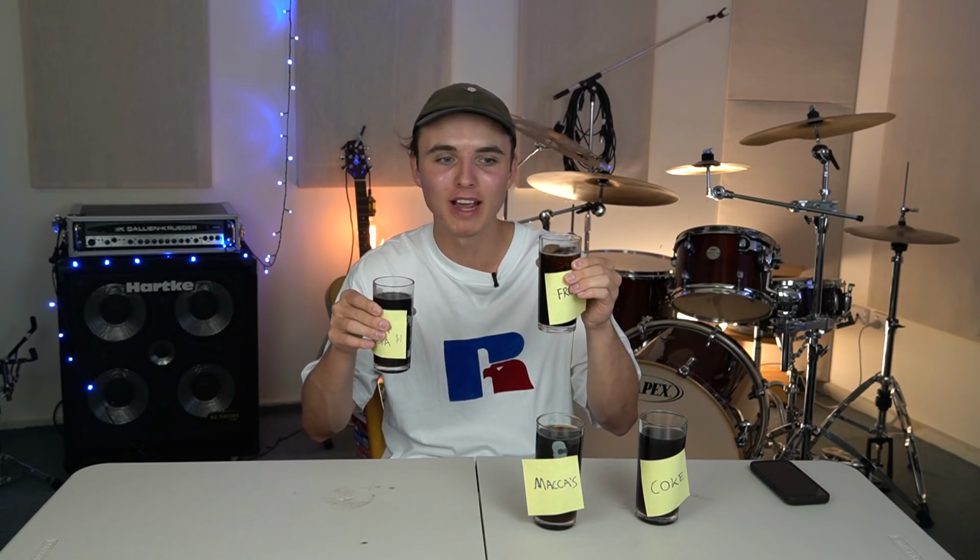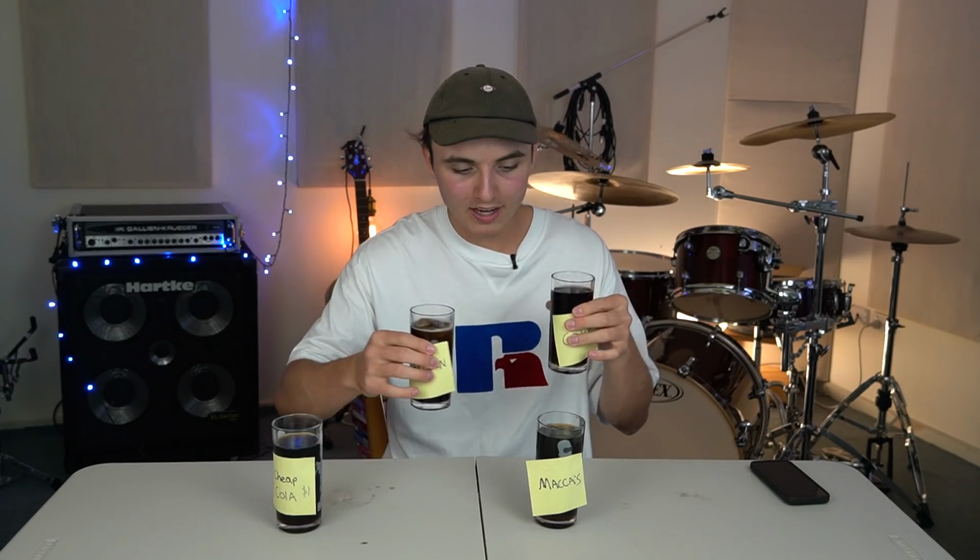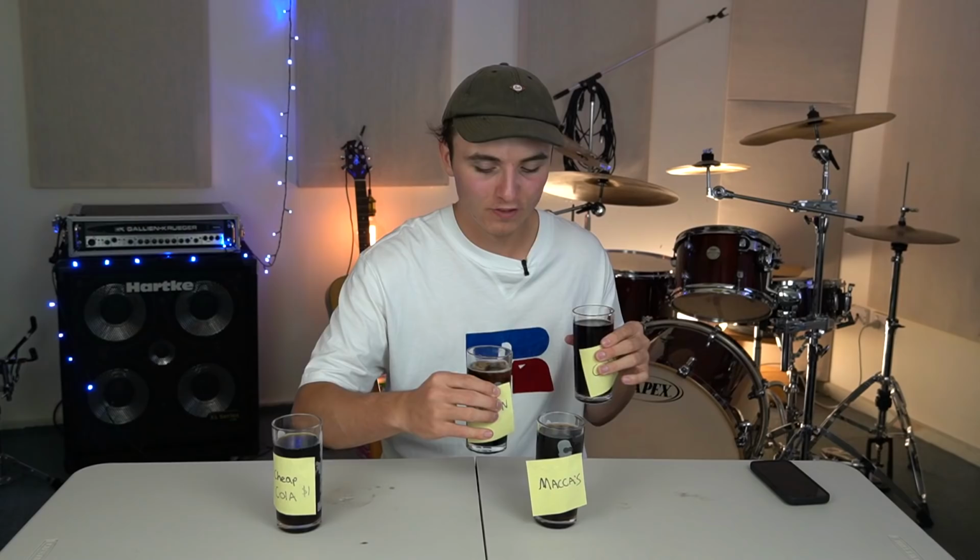And just as suspected, the frozen Coke's base liquid is missing a bit of a bitterness. Also, just about 0% carbonation. I'm gonna save the comparison with the cheap cola for last because I think that's gonna be the most wow factor. Now, compared to the real Coke,